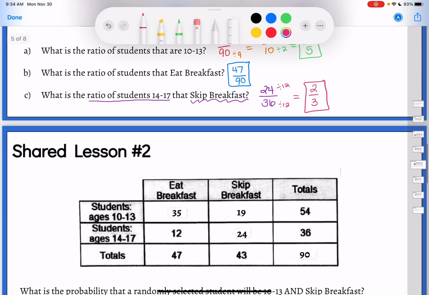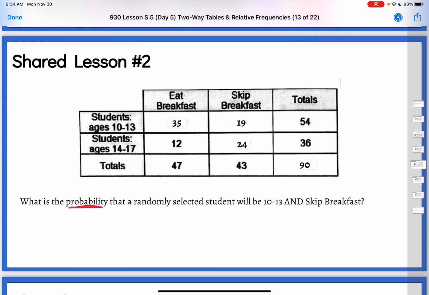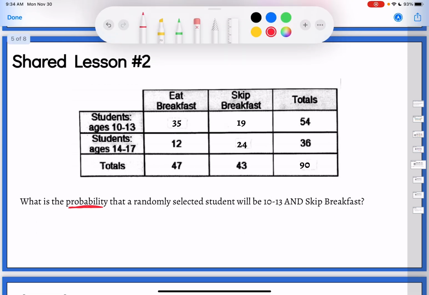All right, so making ratios is one way to analyze data, but really a more common way with two-way tables is to find probabilities. Probabilities show up as fractions like those ratios, but they also show up as percents, a lot, even more than decimals. So usually your probability is either going to be a fraction or a percent. In these ones, we're going to make sure that we always do percents, and just for this sake, we're going to round to the nearest